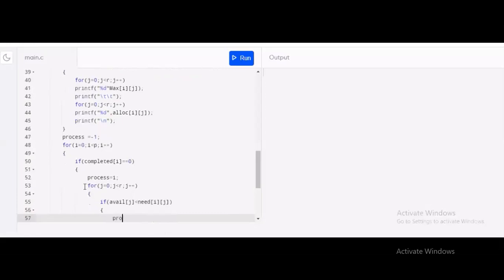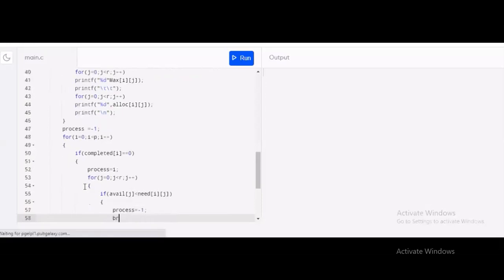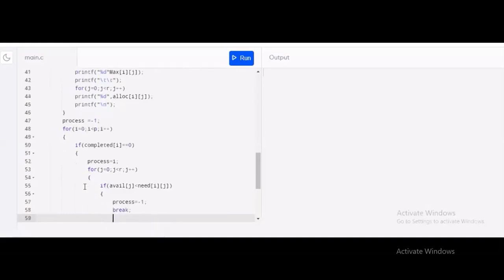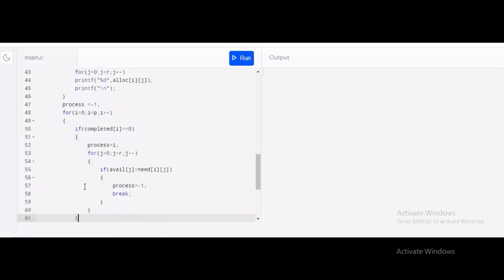So for this, I am writing process = -1. And now we will come out from the for loop, so I'm using break, and all loops are closed.